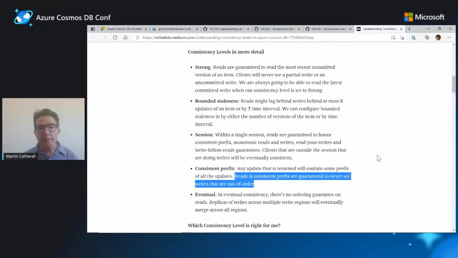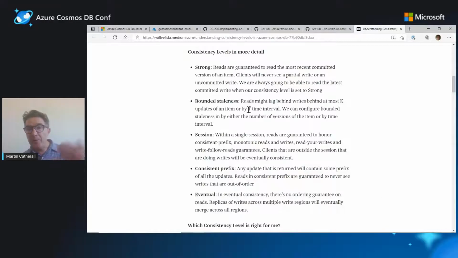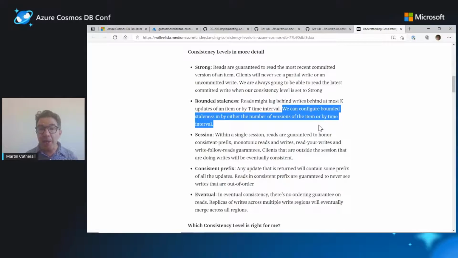If we go the other way, to the bounded staleness, which is towards strong consistency, we can configure bounded staleness by either the number of versions of the item, so your data actually gets versioned as it goes in, or by the time interval. So bounded staleness is kind of similar to strong, but you've got a window where you might see something that's not quite hardened in other places around the world. So that's a real big difference from SQL Server. It does, however,